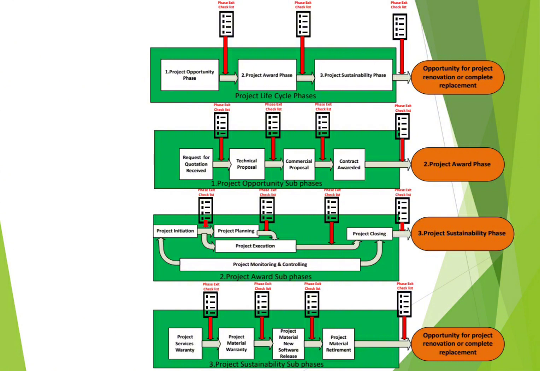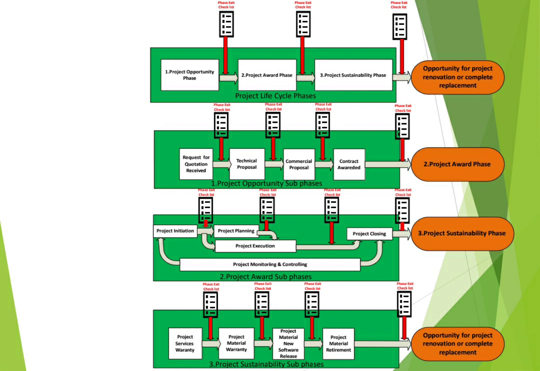that all your invoices are approved. Maybe only the last milestone invoice after the warranty period will be paid later on once you complete the warranty period. You need to check all your financial bank guarantees, that they are collected from your customer, the training is conducted. If there are also spare parts that need to be delivered, you need to deliver them to your customer. If it is not included, you need to highlight to your customer that he needs to have spare parts, so this will be an opportunity for a change order for you. All of this will be in the phase exit of the project closing,